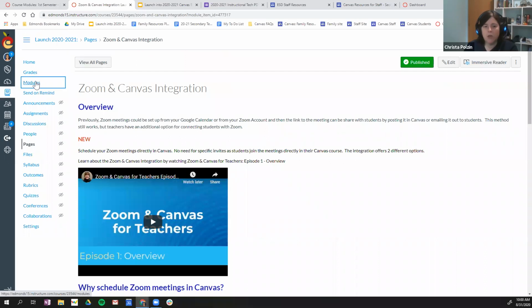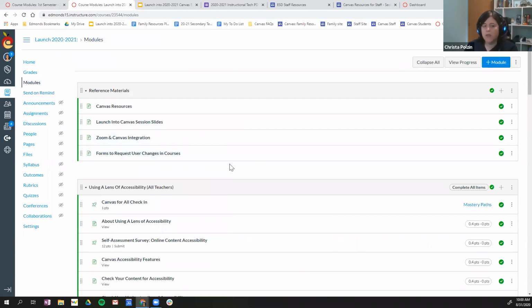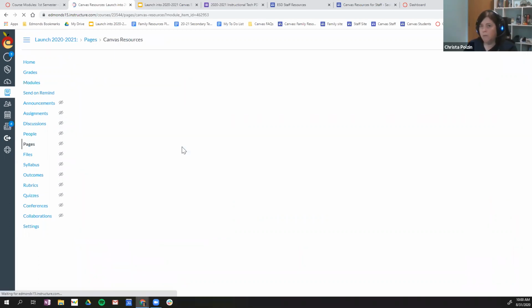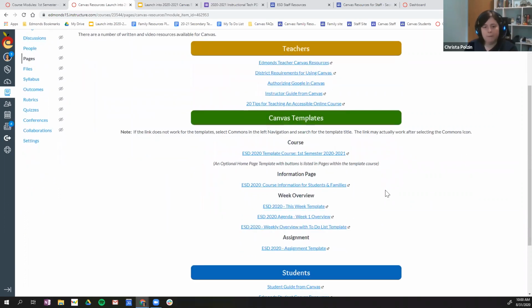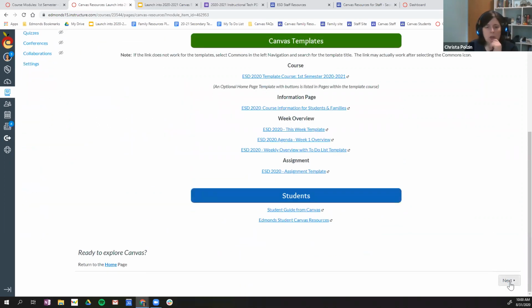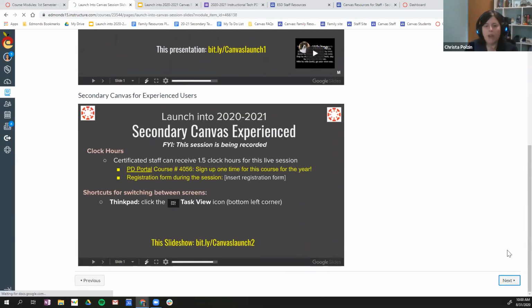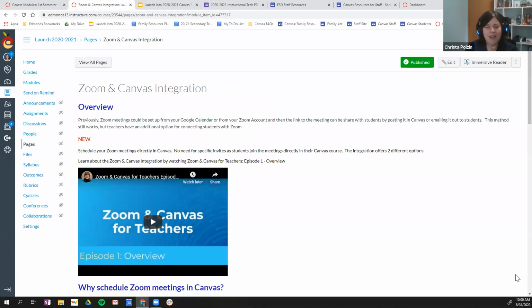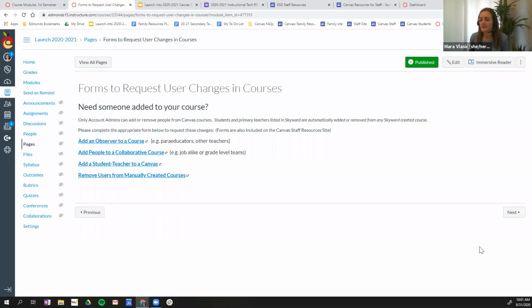Then on the module, there's one link, Canvas resources. Once again, it's just another link to templates and, what was it? Oh, and our websites, things like that. And then there's a form link in the modules. Oh, this is the slides. Nope, that's okay. It's the last one, I think. Last one. And then there are forms here that